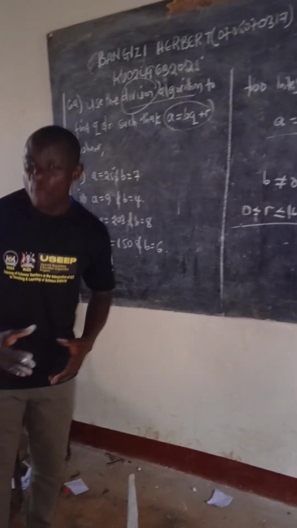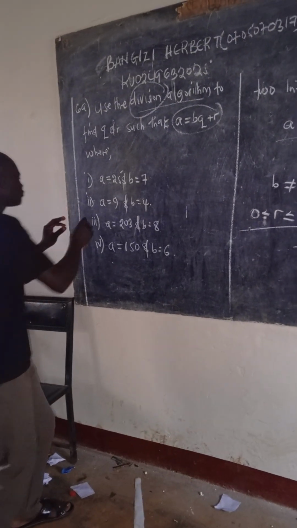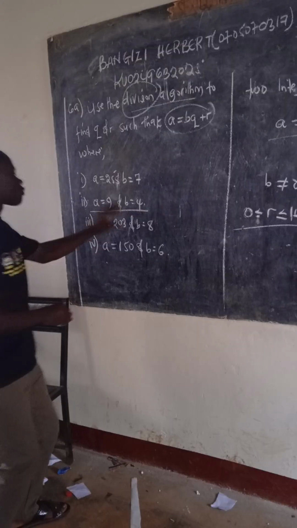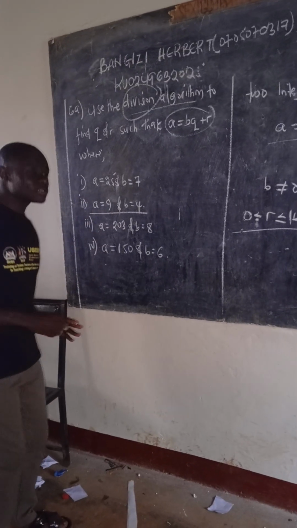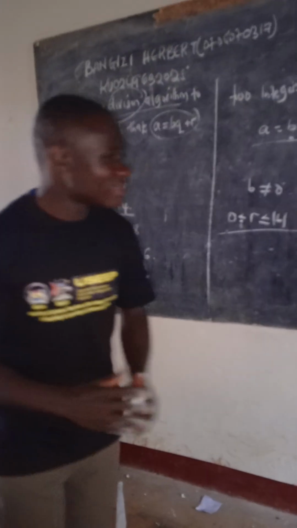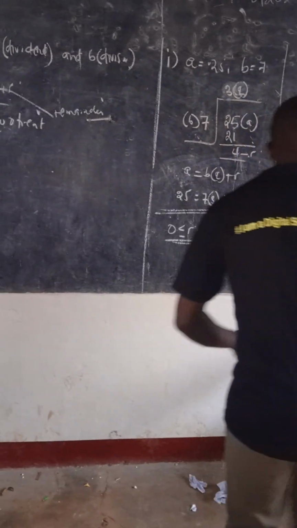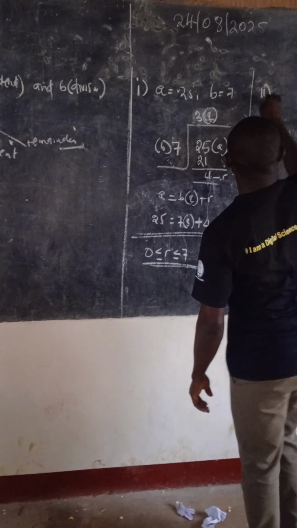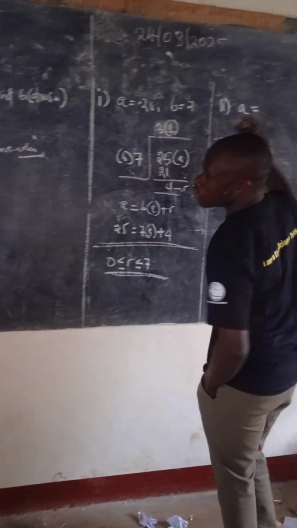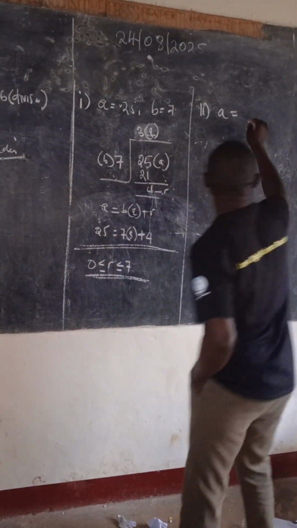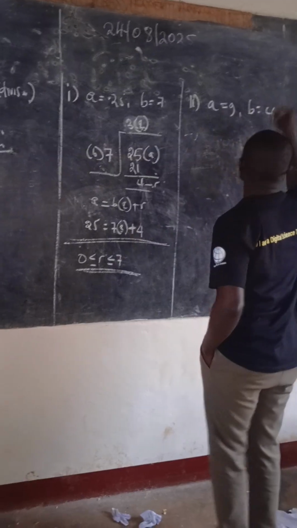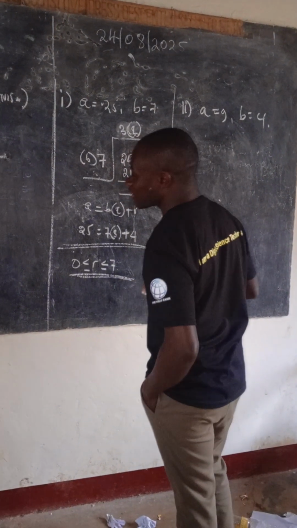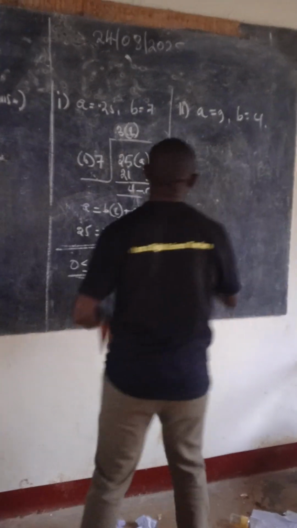Now, members, have you understood? Are we moving together? Now, I'll do only the second one. After doing that, then I'll leave the two numbers for you as a practice exercise. Now, members, let me come back here. Roman 2 says A equals 9 and B equals 4. And therefore, as we have done in Roman 1,